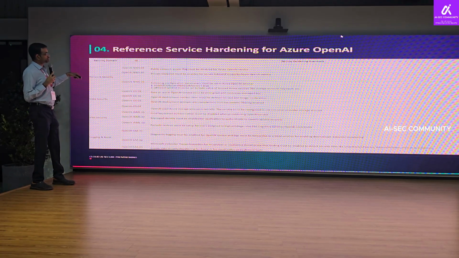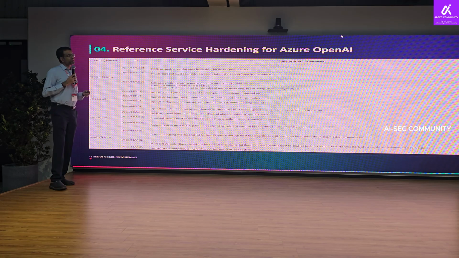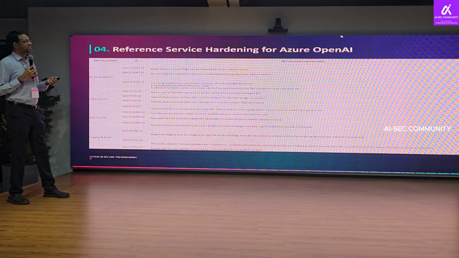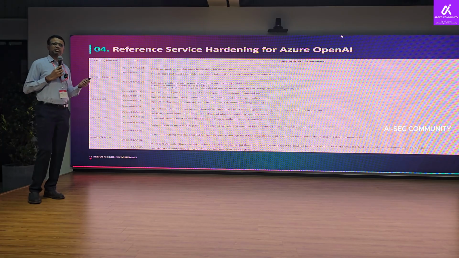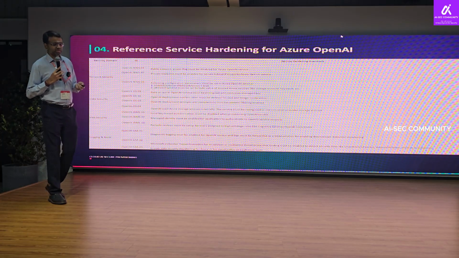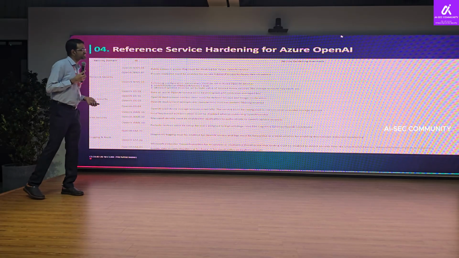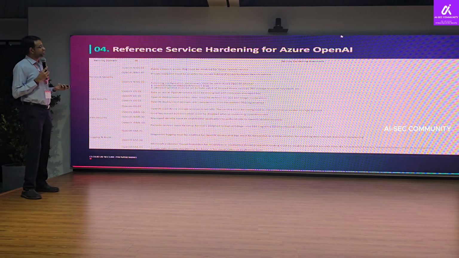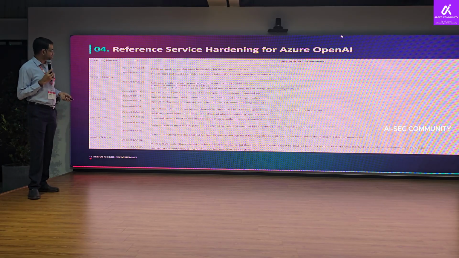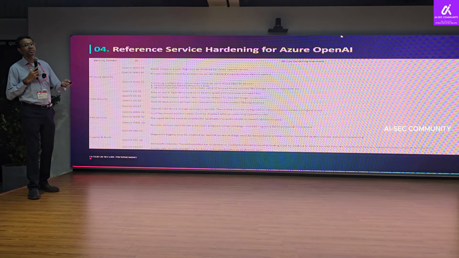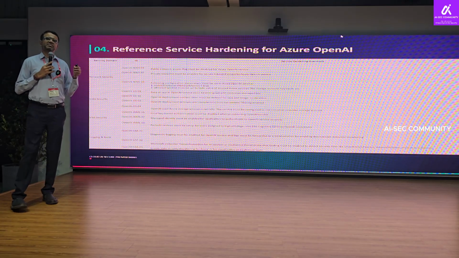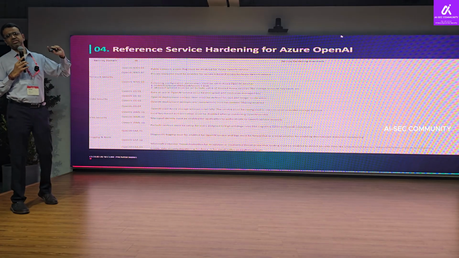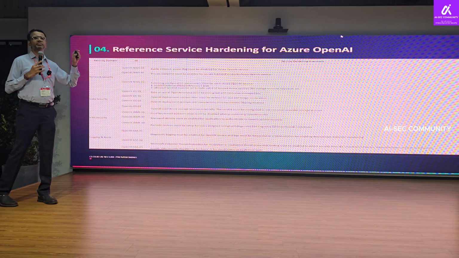So if you look at Azure OpenAI, to begin with, if you look at the provisioning process, the way Azure provides its platform is, most of the time, through configurable parameters. For example, on the network side, the first one is a flag: each service has a toggle which says whether you enable public network access or not.